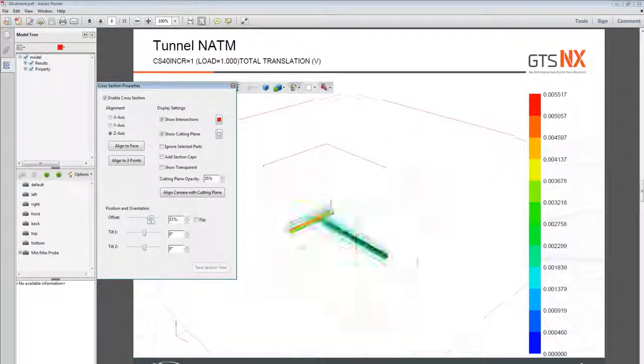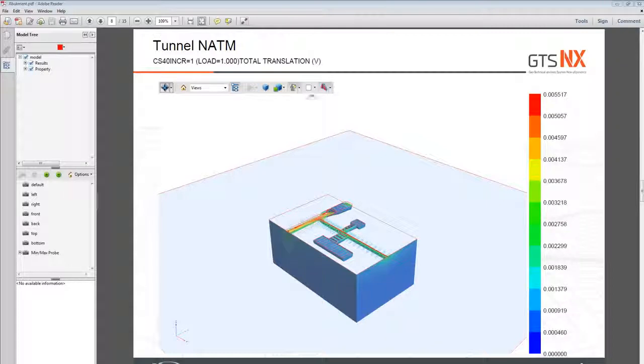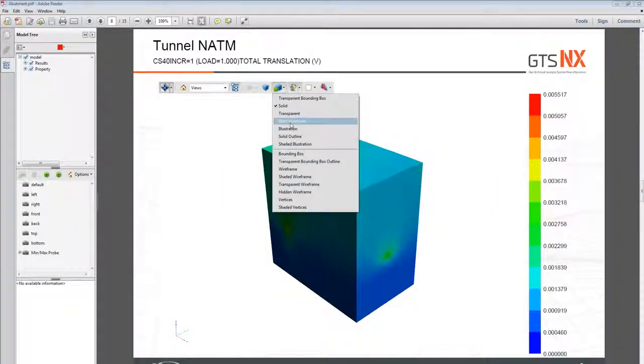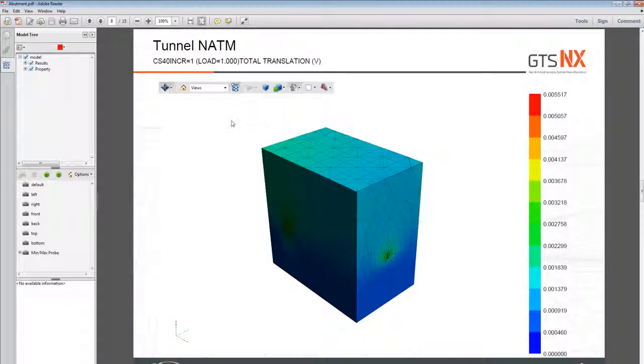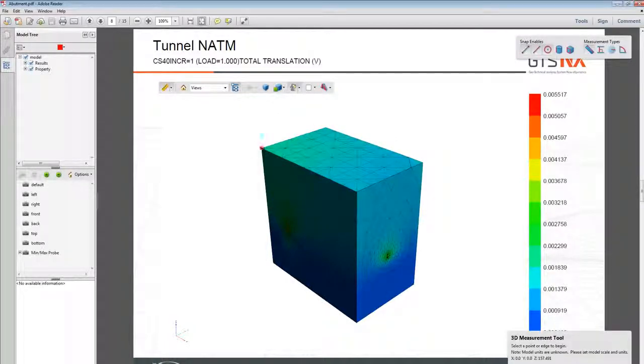So here's some clipping planes through the object, through the tunnels, to show you all the rock bolts and everything like that, and the connecting galleries. And you can manipulate it in any fashion you wish, basically. So you can switch all the solids on, or the solid wireframe, change any of the views, look at the real displacements, do a measurement, so just a 3D mesh measurement from one end of the model to the other,